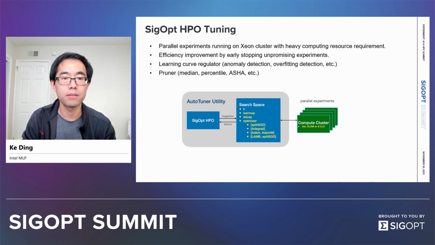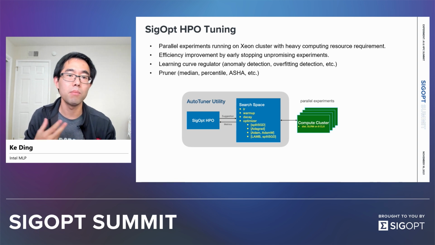In this DLRM case, the search space contains 4 tunable variables: learning rate, warm-up, decay, and optimizer choice. It's a big workload, and I use an Intel internal Xeon CPU cluster for this tuning exercise, with the parallel experiment feature to speed up the tuning. So any kind of efficiency improvement is super helpful in saving cost as well as improving the time to train. Several features I used during this tuning exercise, such as the learning curve regulator, which is about anomaly detection